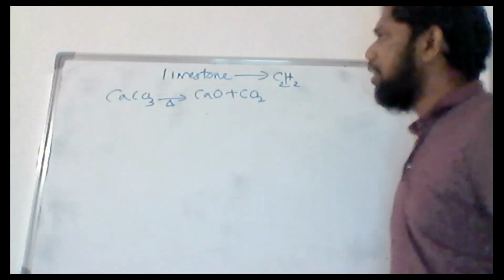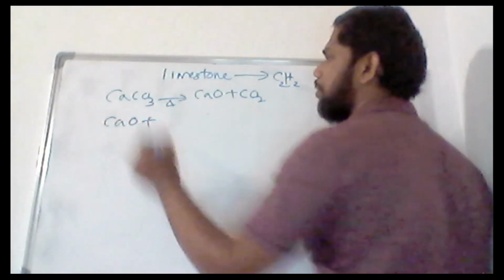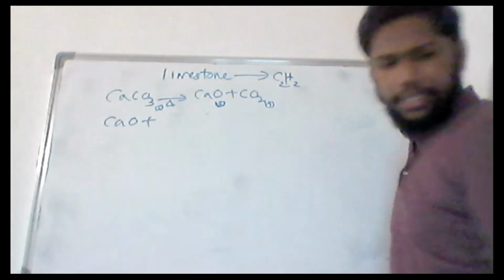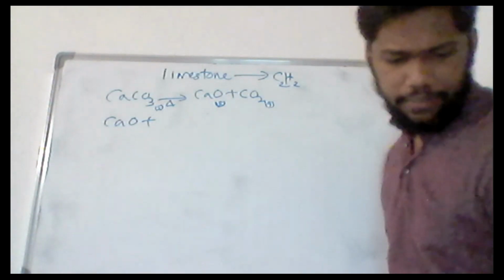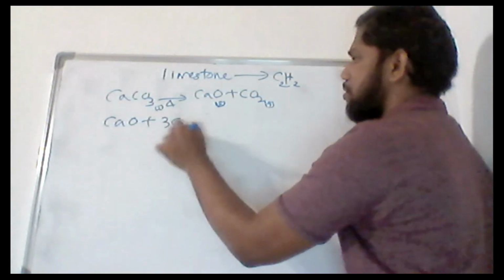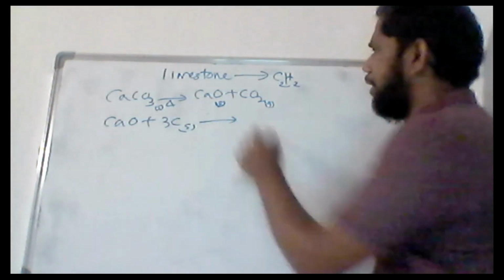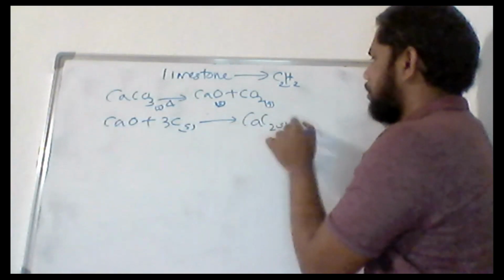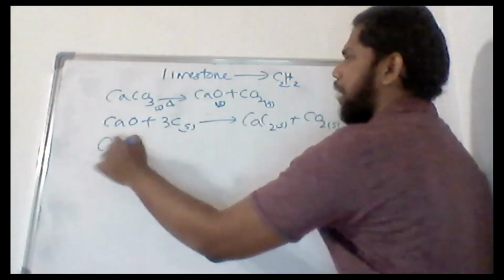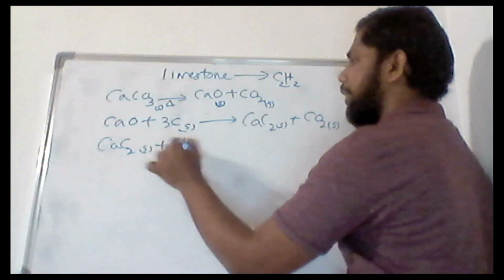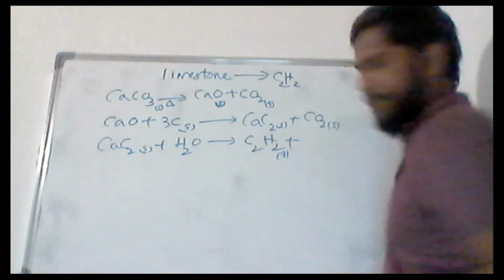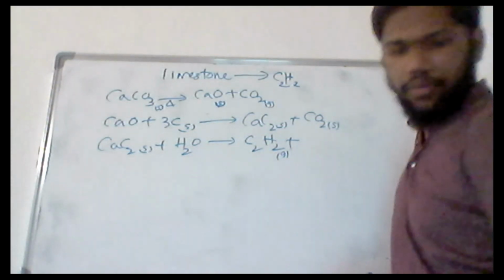Okay. So then you have calcium oxide. These are solids and gases. And then you can use calcium oxide with carbon, solid, or even graphite. This will give calcium carbide plus CO gas. And when you add calcium carbide to water, it will give C2H2. So this reaction is straightforward,